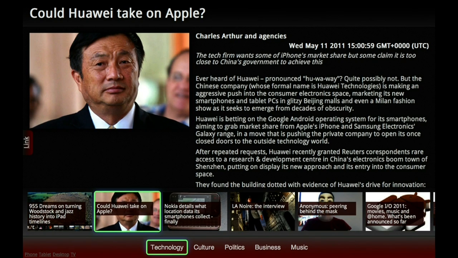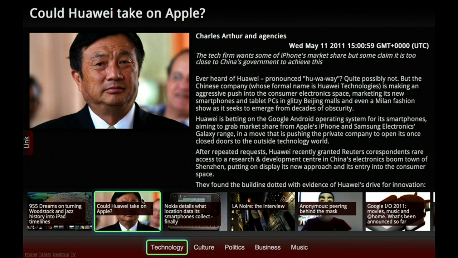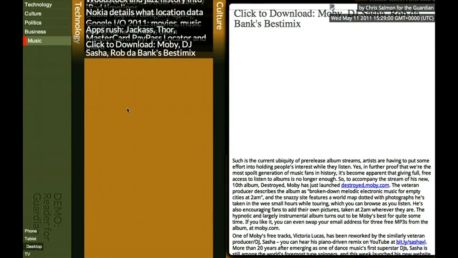On the input side, I'm able to control all of this. I can use a pointing device if I want, a mouse. But I'm able to control all of it just with the keyboard, with just the arrow keys, which you would have on a very basic remote control. So that's the input side, and on the output side, you can see how it gives you that very big overview. And in the case of the desktop app,